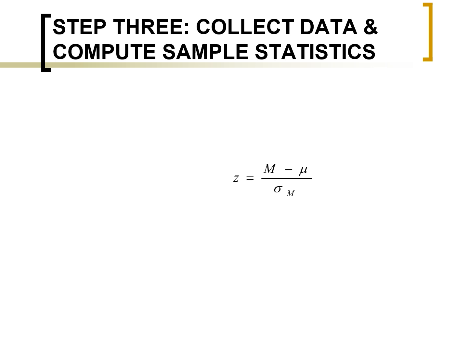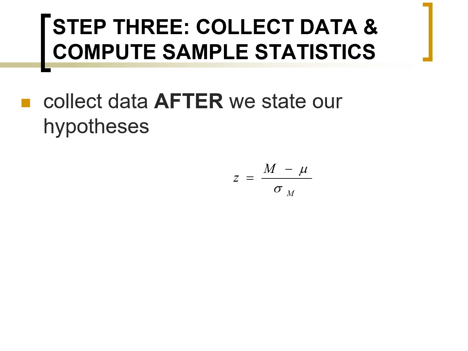So now that we've got our critical region set up, we need to actually compute the statistic. We analyze our data after we state our hypotheses, and notice this is a z-score. I probably should call this more specifically a z-test, because we're actually doing a statistical hypothesis test, a significance test. This is why I didn't, in the last discussion, go over too much of the mechanics of the z-test formula, but here's what it looks like. Sample mean minus population mean over the standard error. And that is our z-test.